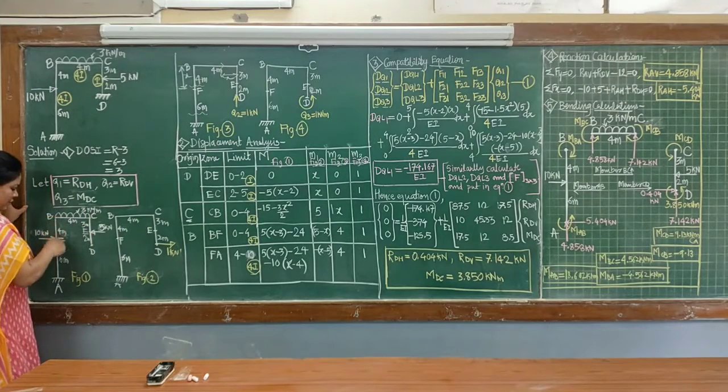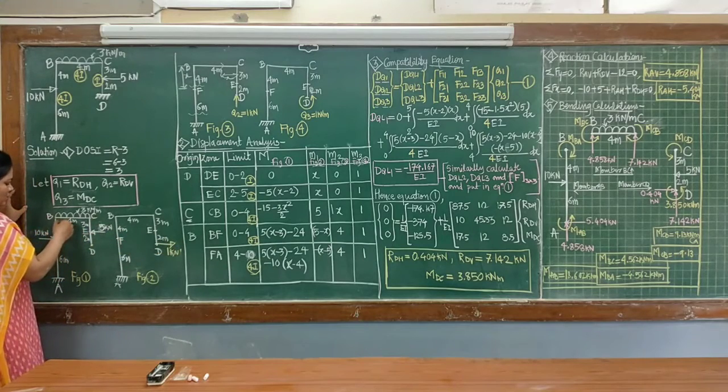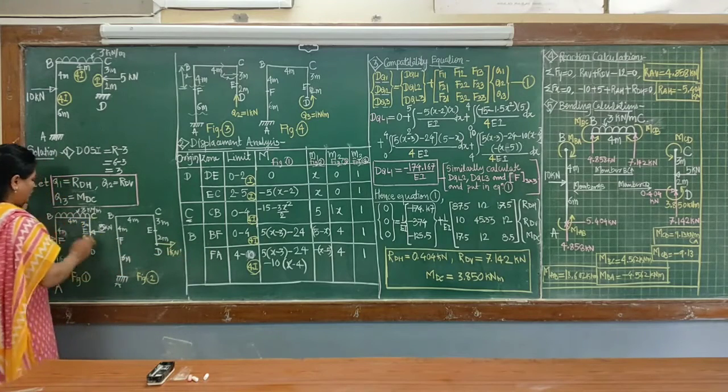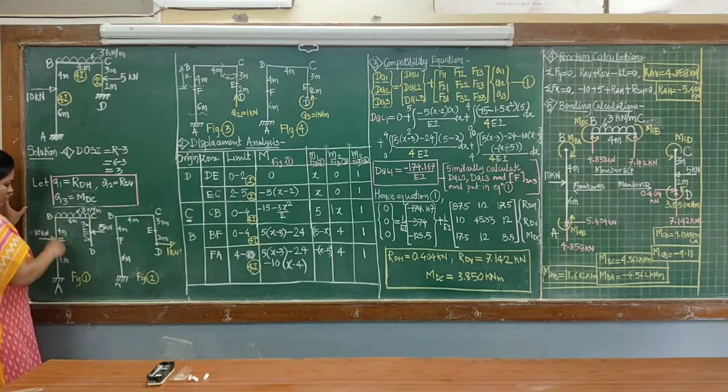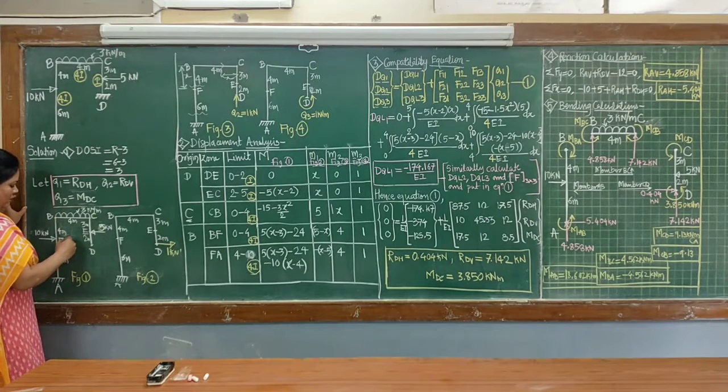Now again starting from this B, here again the orientation changes. So B is the new origin and there will be 2 zones here because it is divided into two parts because of this load. So BF and FA, those will be the next zones for origin B for this column. Now limit, B is origin, so for BF the limit will be 0 to 4 and for FA the limit will be 4 to 10, the total distance from B.